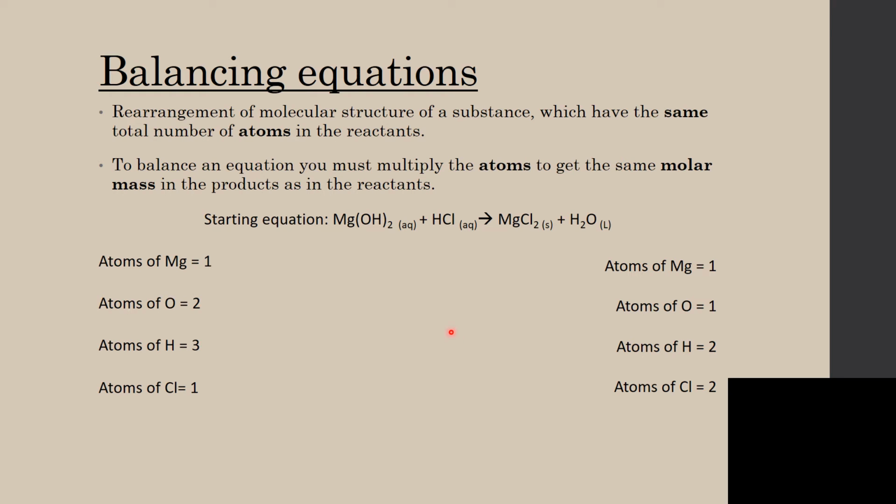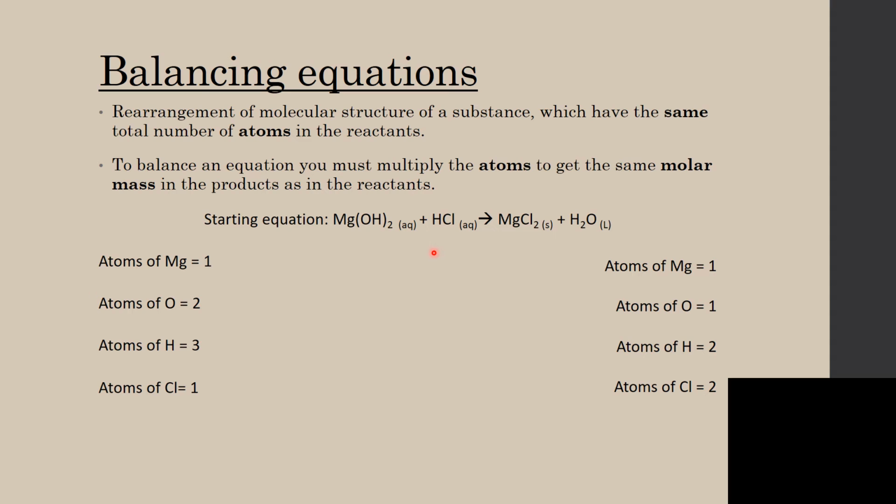Balancing the equation is a lot easier said than done. Here, hopefully you can see that the OH is being times by 2, therefore we have 2 OHs, and that's why we have 2 oxygen atoms and 3 hydrogen atoms from the 2 hydrogens and 1 hydrogen here. First, let's attempt to balance out the easiest element in the products, the chlorine in the HCl, the hydrochloric acid. We see that we have 2 atoms of chlorine on the right hand side and we need 2 atoms of chlorine on the left hand side. Therefore, what we do is